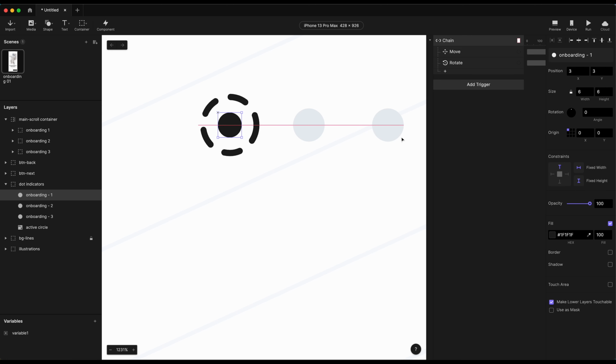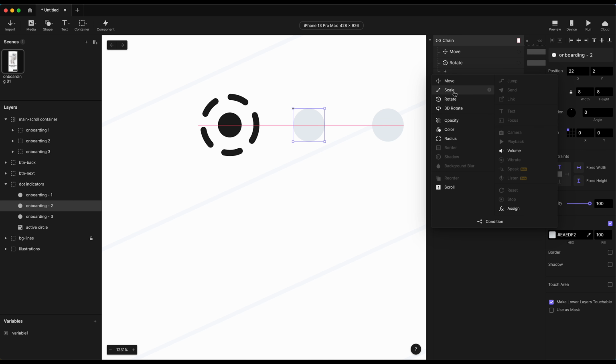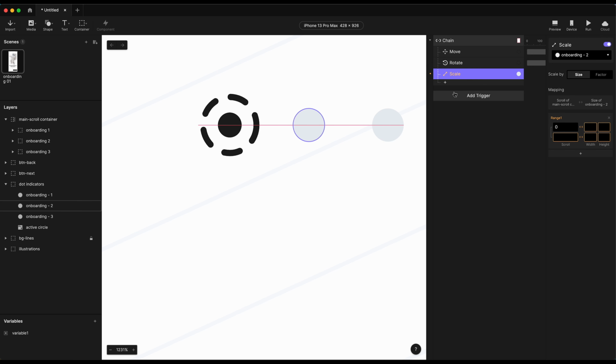It's 6 by 6, and if the scale is not on the screen, then the size of the circle is 8 by 8. So we also need to change as we are swiping through the second and third screen. We need to scale down the circles as we move to other screens. To do that, we will again go here and select scale on 0,